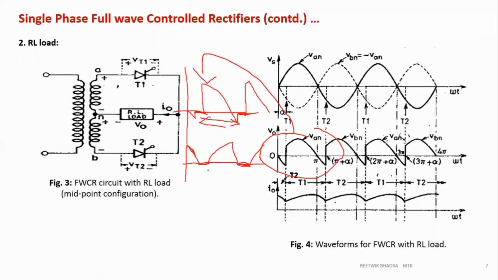All remains same. Now what will change over here is your integration limit. From here the waveform starts from this point to this point, so the limit will be alpha to pi plus alpha, right? And over here, if this point is suppose alpha and this point is beta, your limit will be integration alpha to beta. So in this diagram, limit will be alpha to beta. For this diagram, limit will be integration of alpha to pi plus alpha. So beta is equal to pi plus alpha in this diagram.